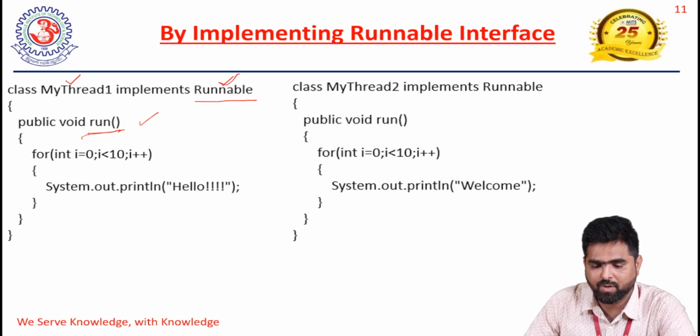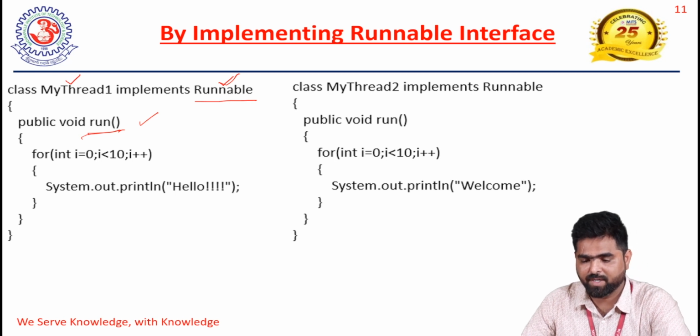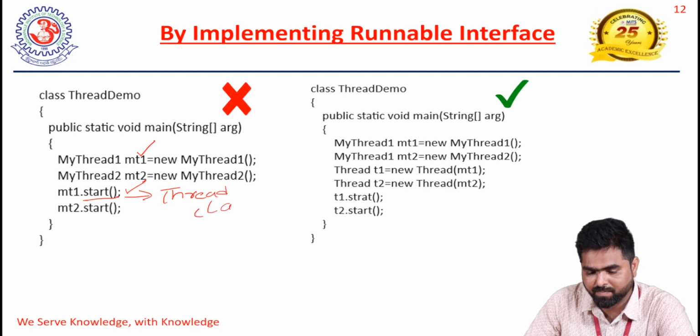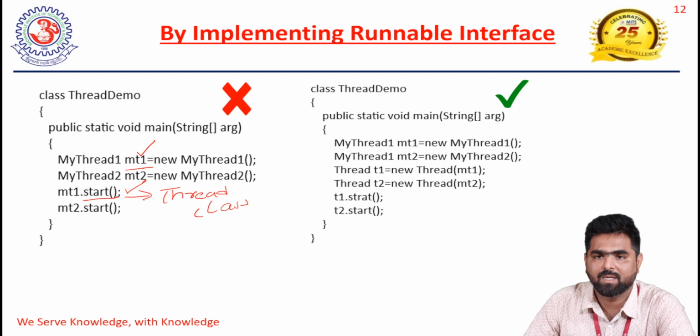Now if I want to create an object for this class, I create an object of the particular class, and if I call the start method, it doesn't work. It is going to give an error. Why? Because in the runnable interface, we don't have any start method. The start method is available with the thread class. So whatever object we create for the class which implements the runnable interface must be registered with the thread class. Only then is it possible to call the start method using that object. So this way of calling the start method is